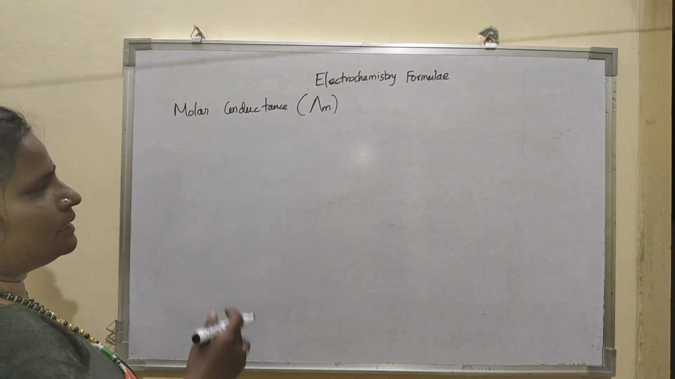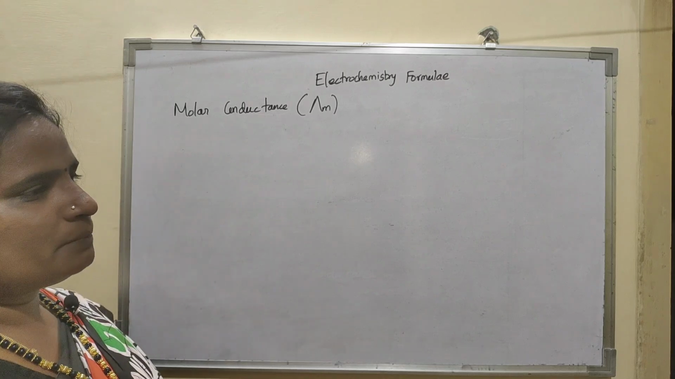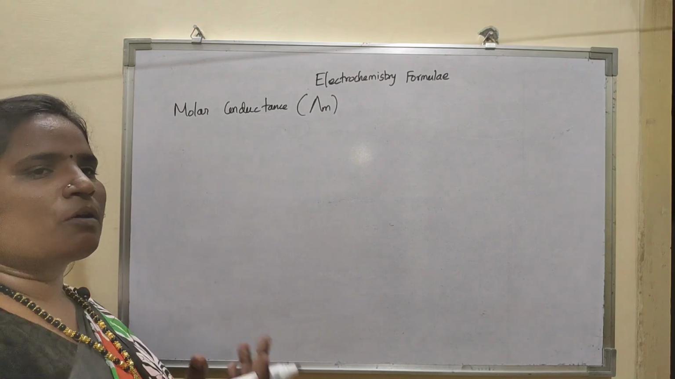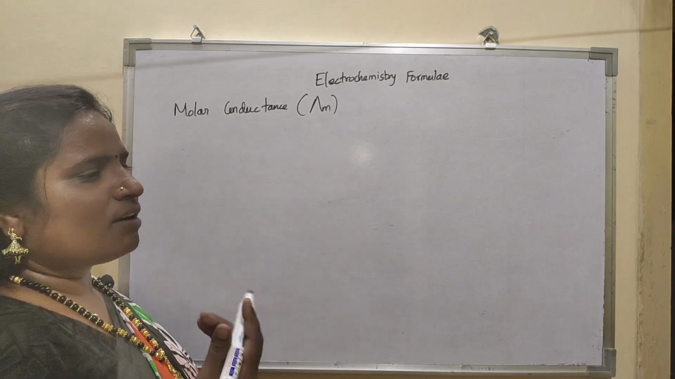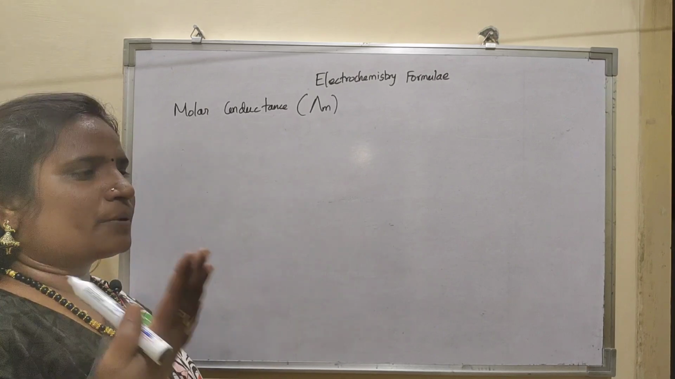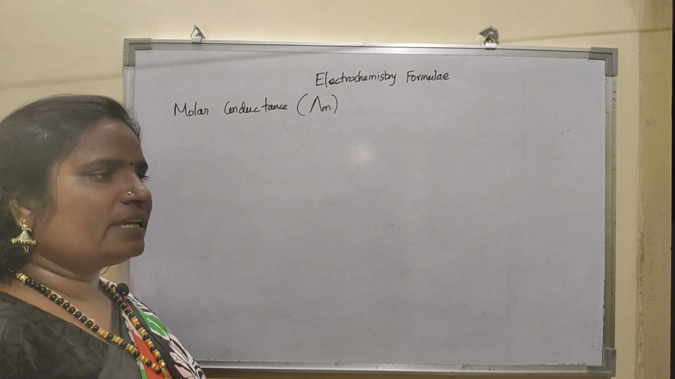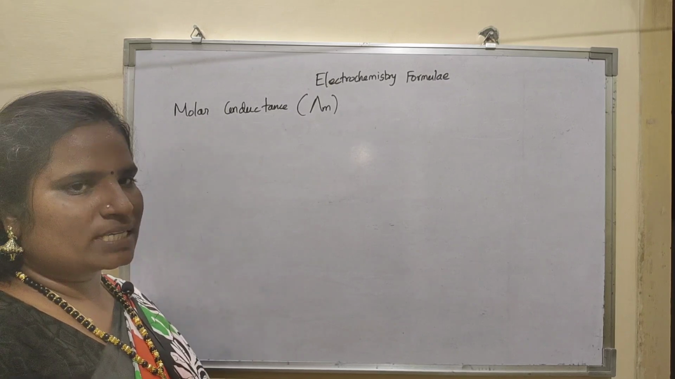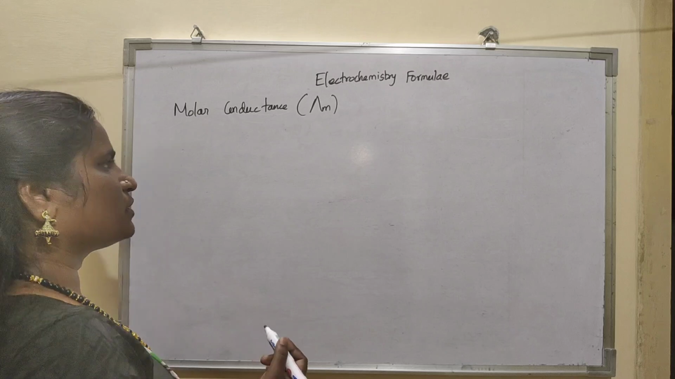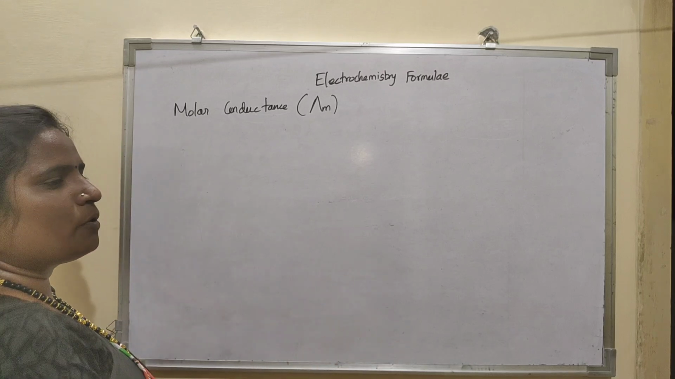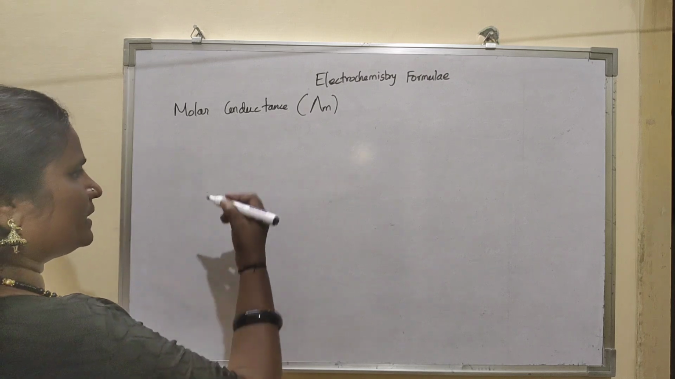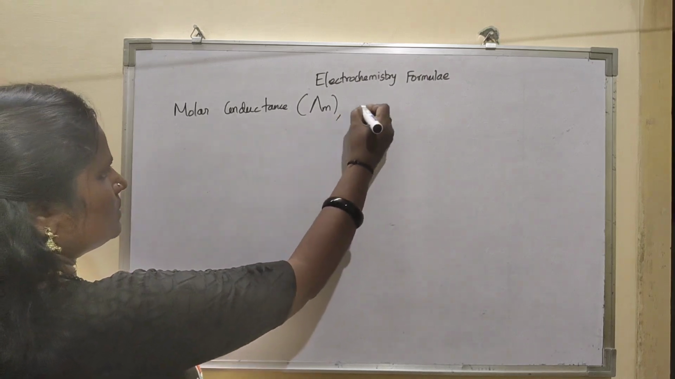So what is molar conductance? That is very simple. If I take a 1 molar solution and dip the conductivity cell into it, whatever conductance is produced by the ions present in the 1 molar solution is known as the molar conductance. Which means the conductance produced by the ions present in the 1 molar solution is known as the molar conductance. So the formula is